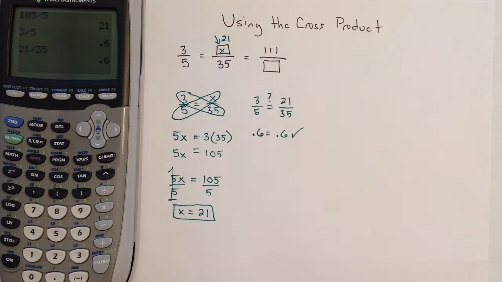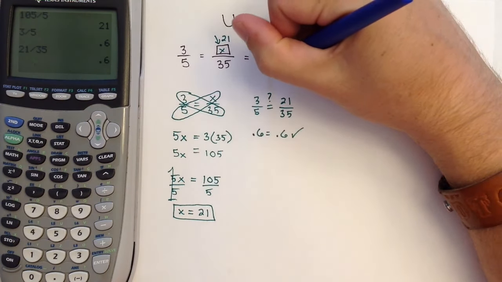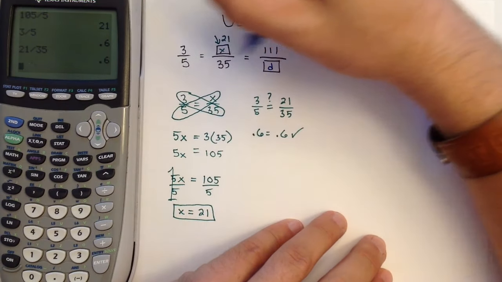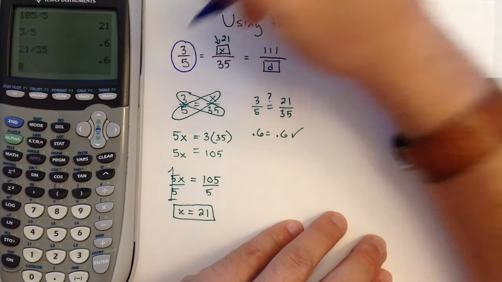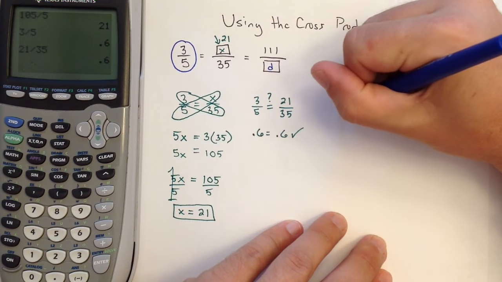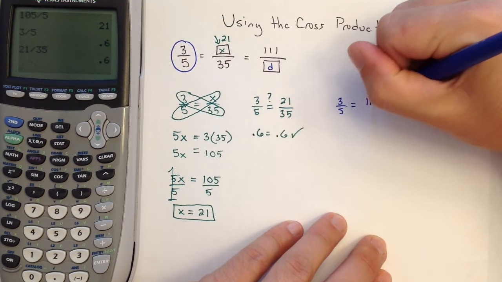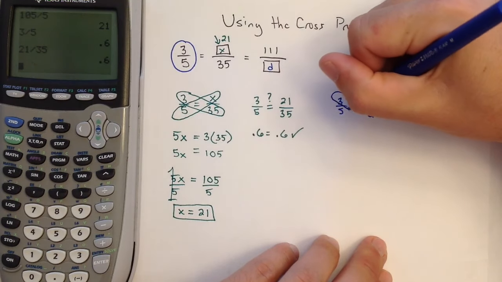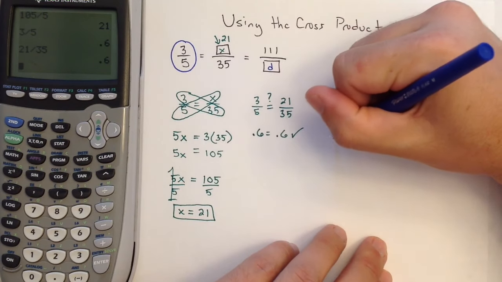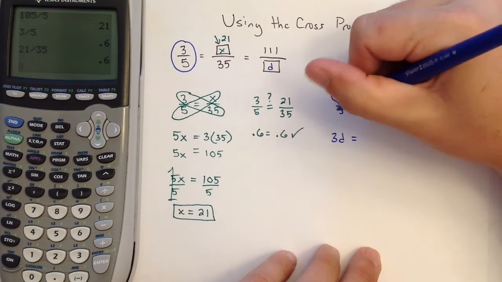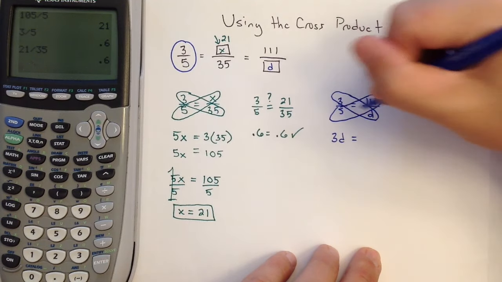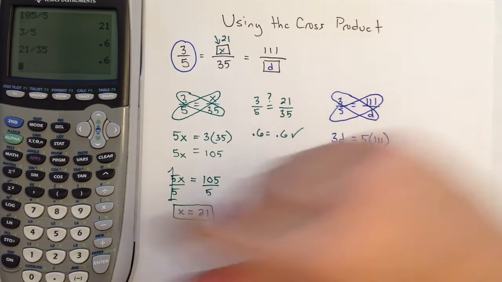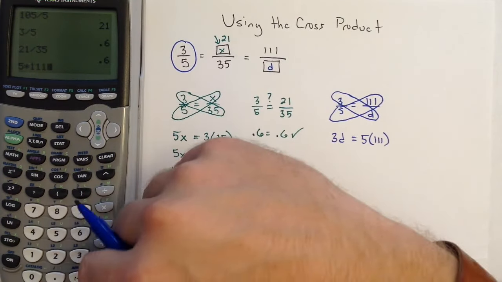Likewise, let's say we are trying to solve for the denominator of this fraction, d. Well, what I'm going to do is say, all of this is still equal to 3/5, so on the side here, 3/5 is equal to 111 over d. So let's do the cross product. 3 times d equals 5 times 111. So I'm going to write 5 times 111. 5 times 111 is